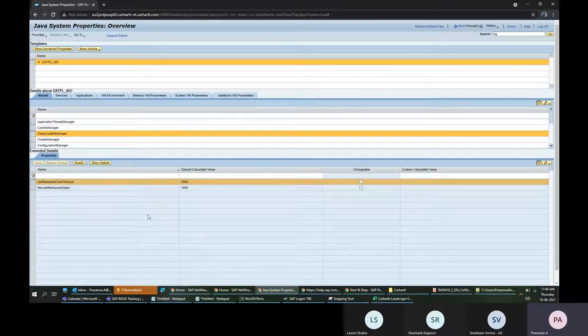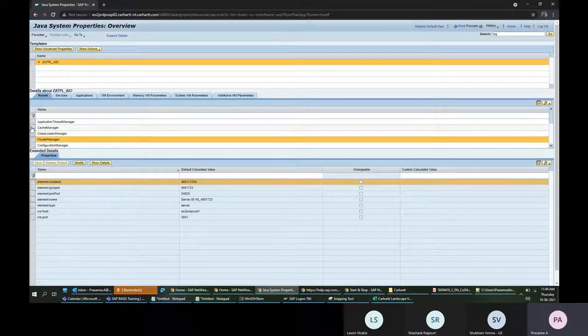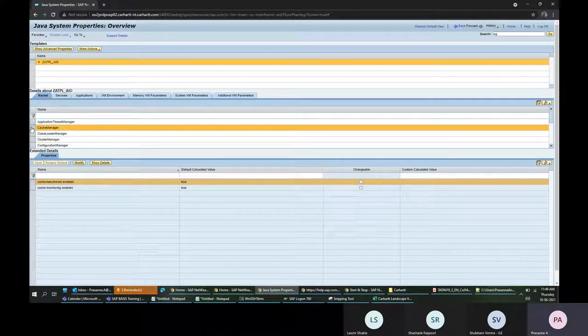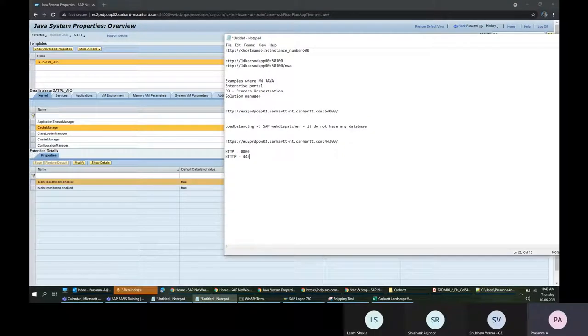So we can change it from this NetWeaver Administrator. This is one place we can change it. And for Java system administration, there is something called a config tool. An OS level tool is also there. Config tool. So this is a tool where we can change some of the system parameters even without logging into